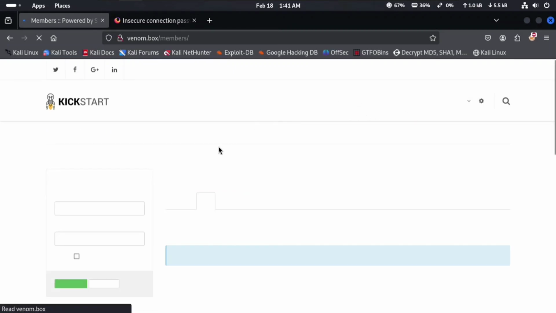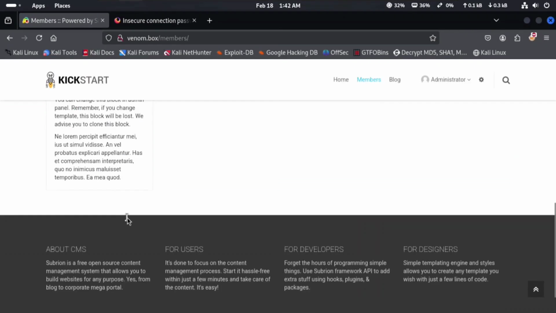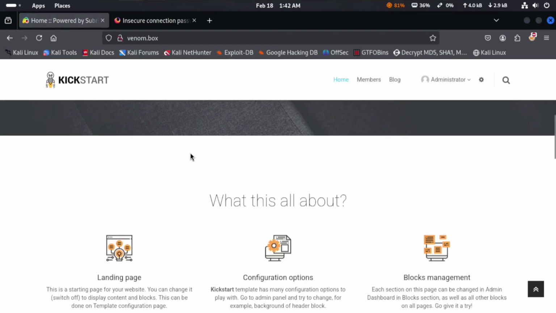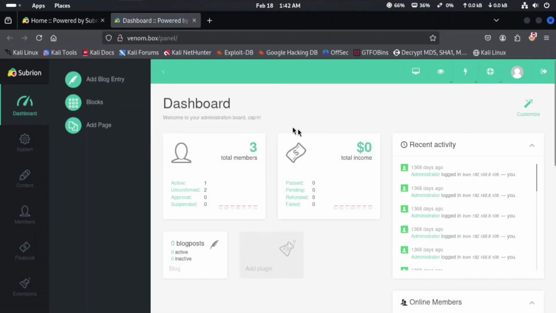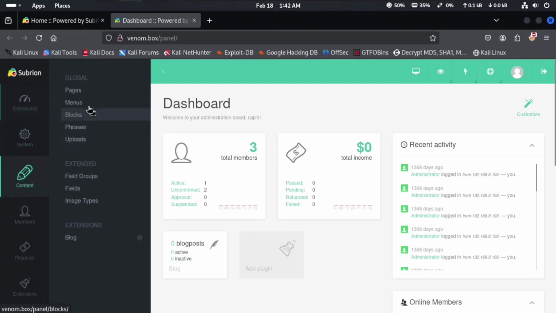Members here. Go to the settings. And we have some new panel here. So add this page here. System here. Finding some like